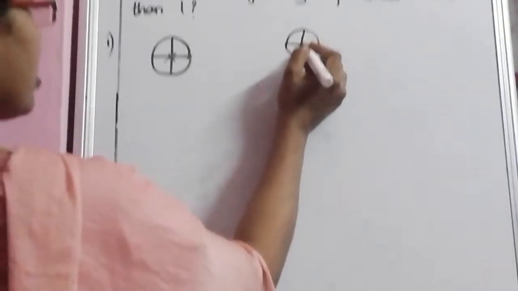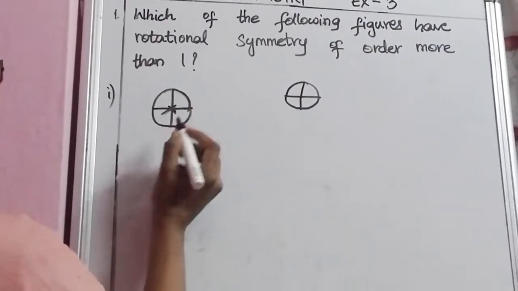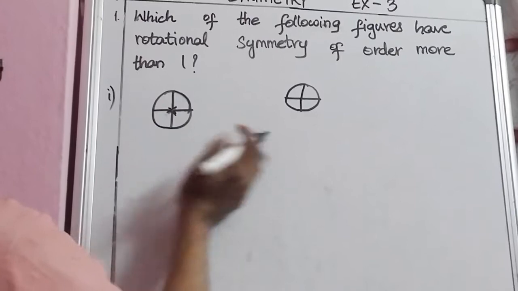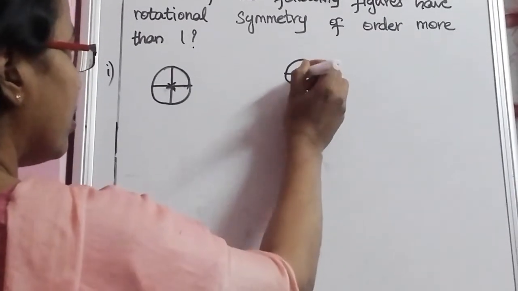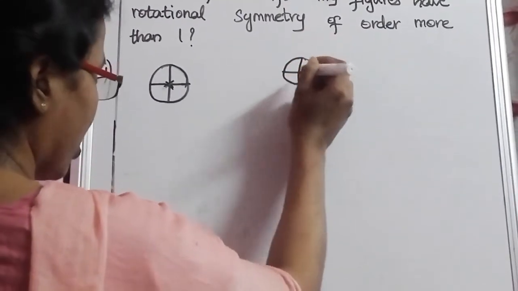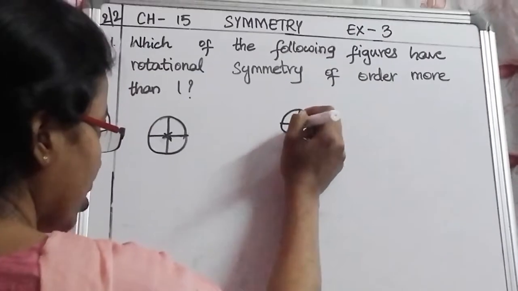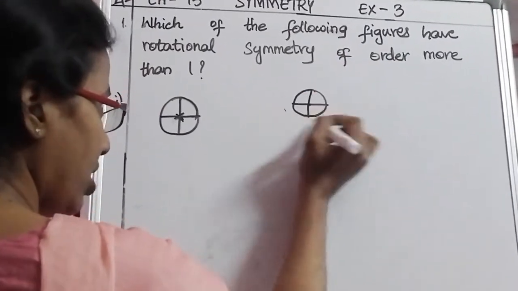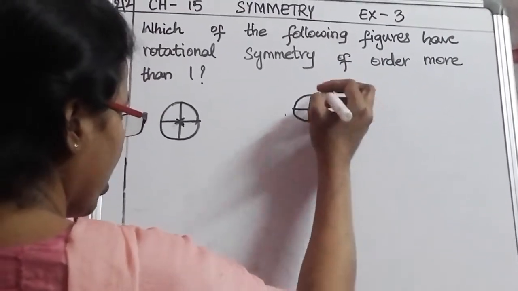Understood? Because this is a physical object, I am able to rotate and show you. The center is here and like this. But here in your mind you should be able to imagine and do. Okay? So here this is the center. If they have given a mark, that means this is the center of the figure. So now this is the original figure and we are going to rotate this.